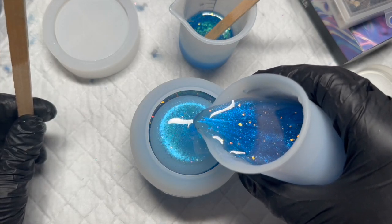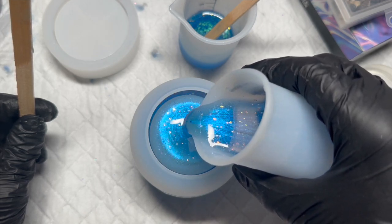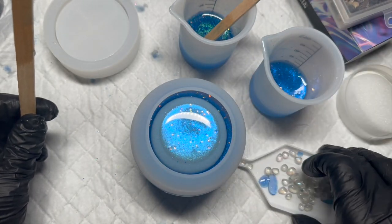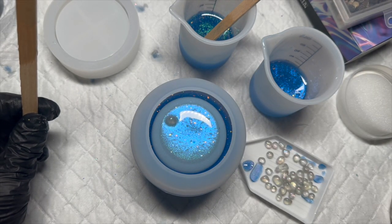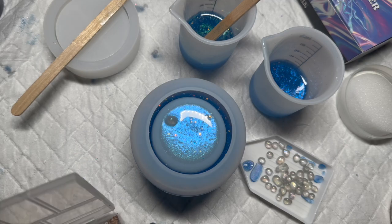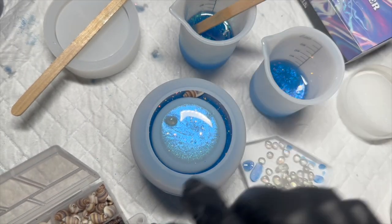So this is me, and I was kind of hoping they wouldn't mix in too much, because I wanted you to be able to see that one was teal, and then I kind of wanted them to blend, and then the bottom. These were the little gemstones. I went a little bit mad at this point. I was just throwing everything in. So I thought we'd shove some